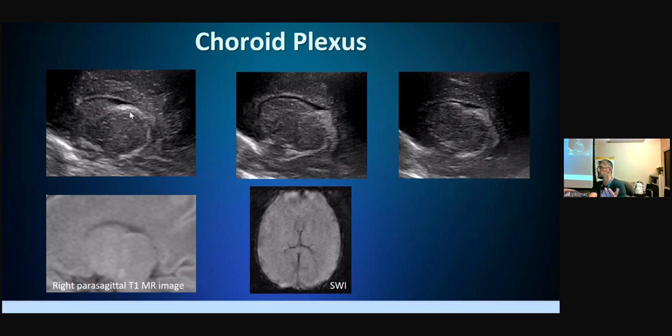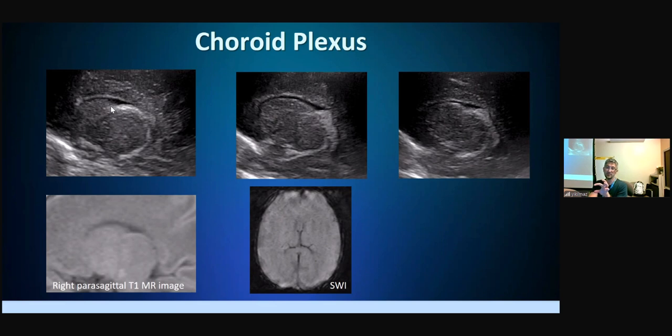echogenic. And hemorrhage is around the choroid plexus. So it may be difficult to differentiate choroid plexus and hemorrhage. So this is the normal appearance. This is the caudothalamic groove. That's the head of the caudate, and that's the thalamus. And the choroid plexus